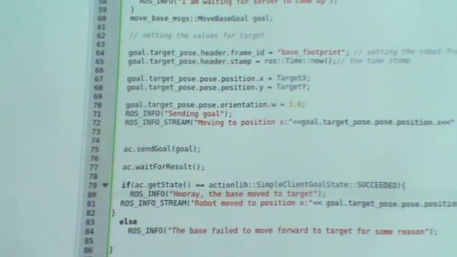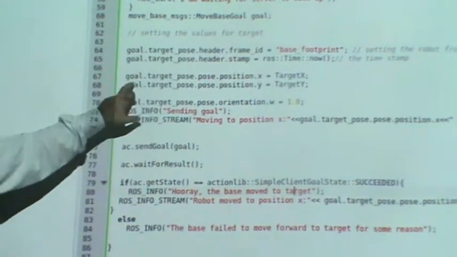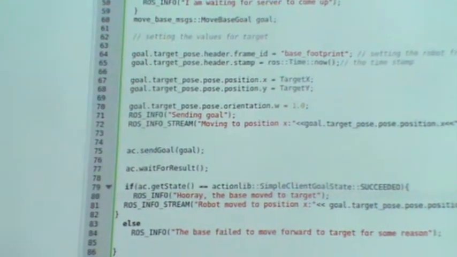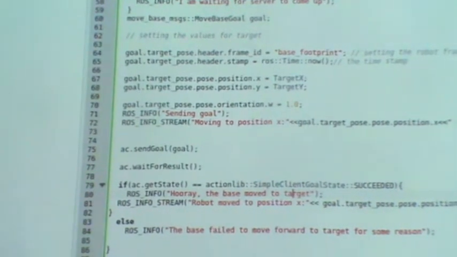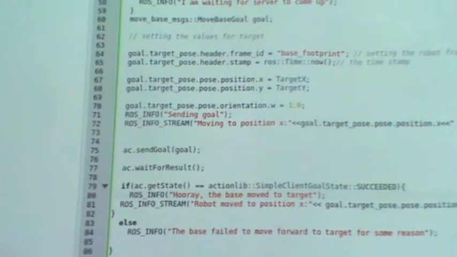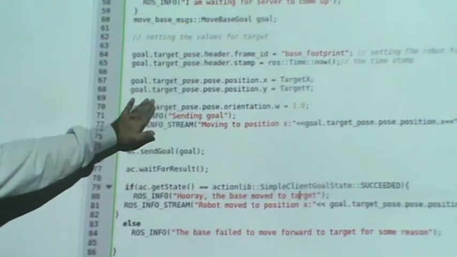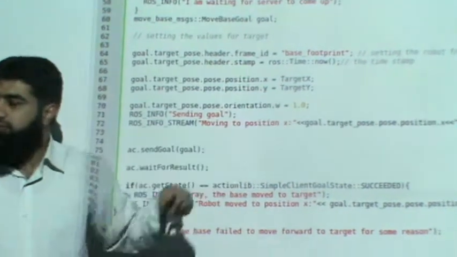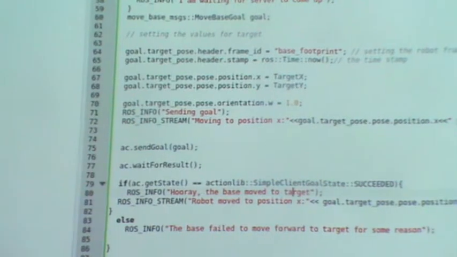Does this method understand quaternions? No, it doesn't understand. You have to convert. So there is a message called convert yaw to quaternions, in TF. Then you will get these quaternions, and then you can specify here. Don't specify like 1.0. Then you will specify whatever is being obtained from that thing, Q1, Q2, Q3, Q.